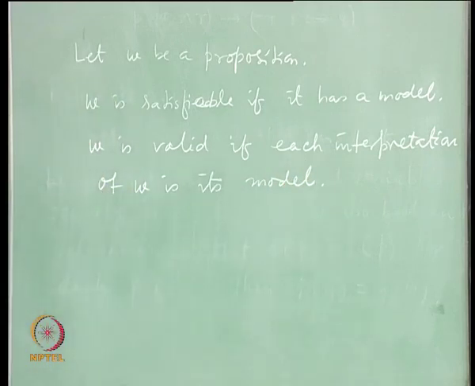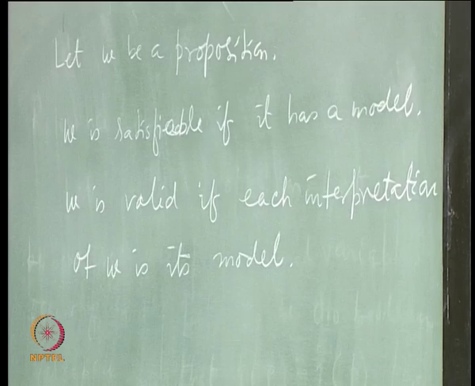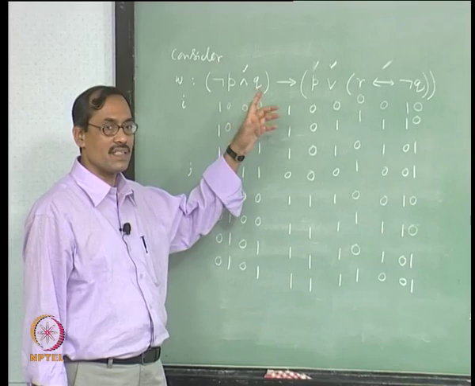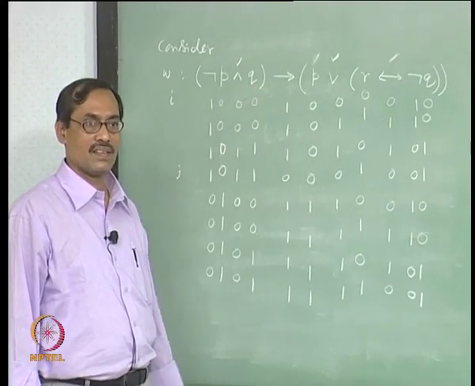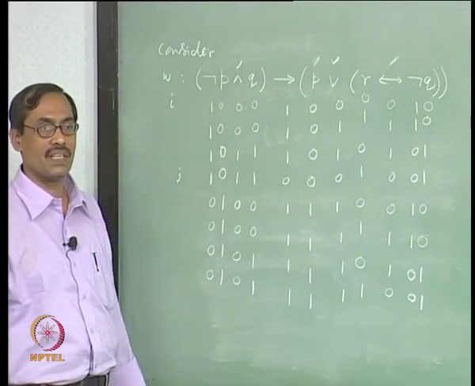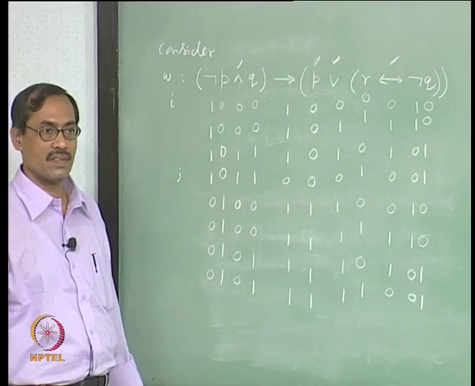Right. So had this J satisfy W, you would have said that W is such a proposition, right. So here whatever W you have taken is not valid, right,